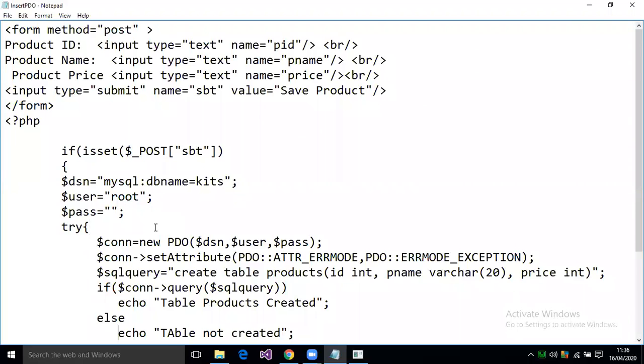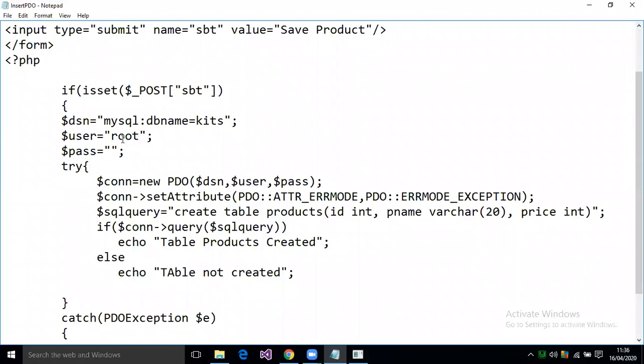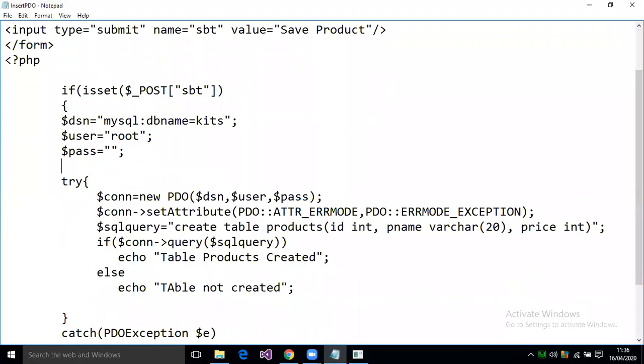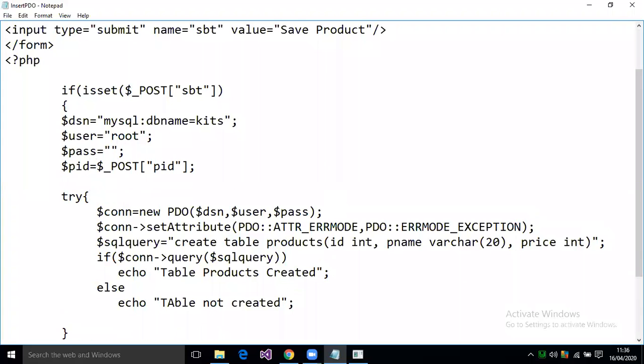We are running out of time, so here you can get $pid equal to $_POST of, whatever name I have given, pid, in the form. So $pname equal to $_POST of pname.